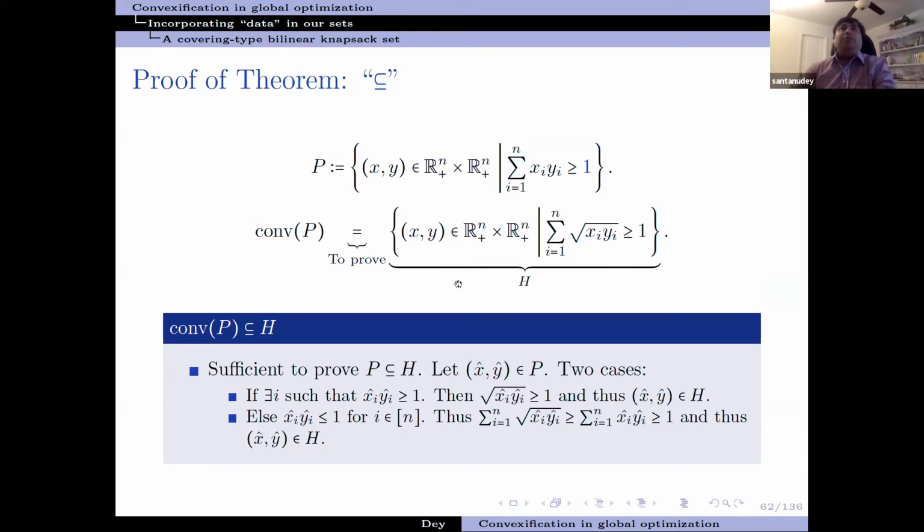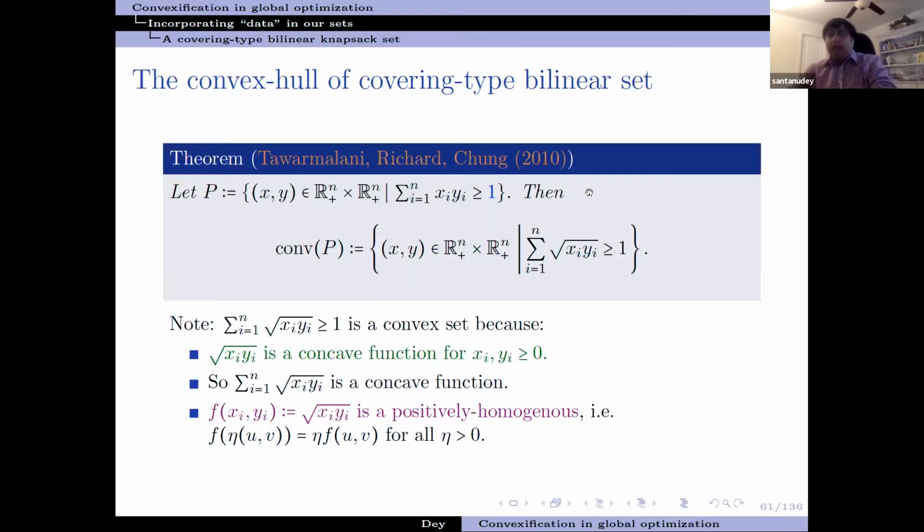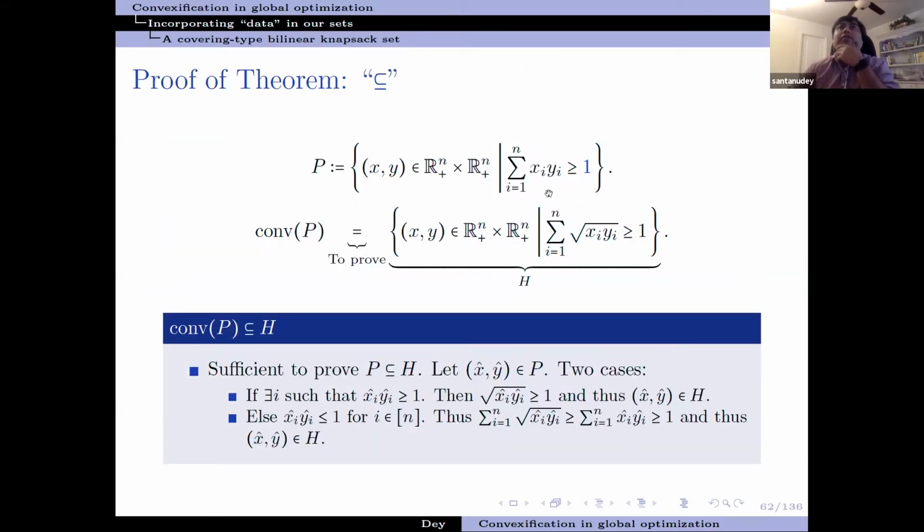All right, so as usual, one side of the proof is usually easy. So this side is easy. I want to prove that this set, with the sum over square roots of xi yi, is containing the convex hull of this bilinear covering set. And you see that this is not so difficult, because what I have to do is take any point in my set P and show that it's in this set. Of course, since this is a convex set, conv of P would be contained in this. So if you take any point in set P, which is satisfying this